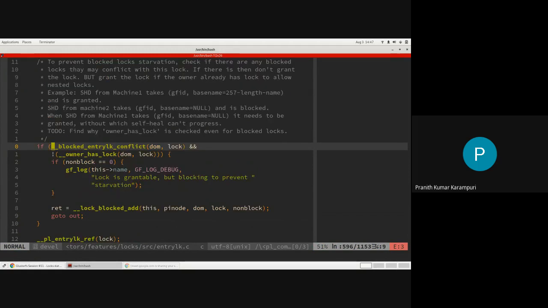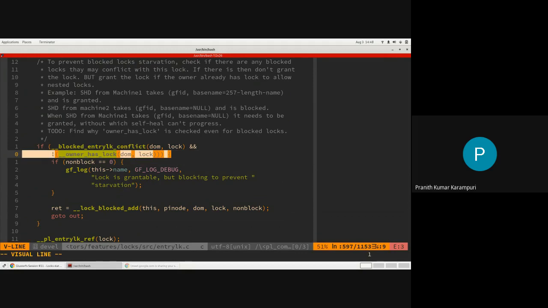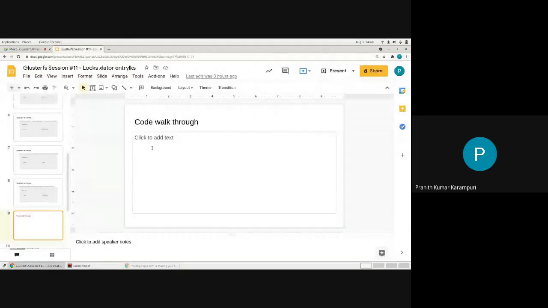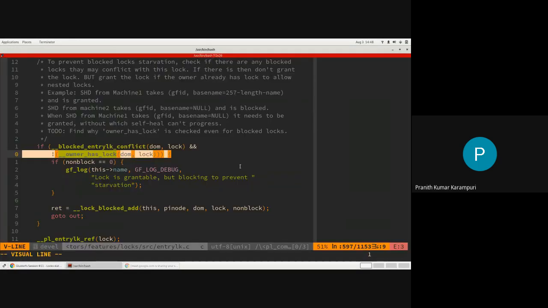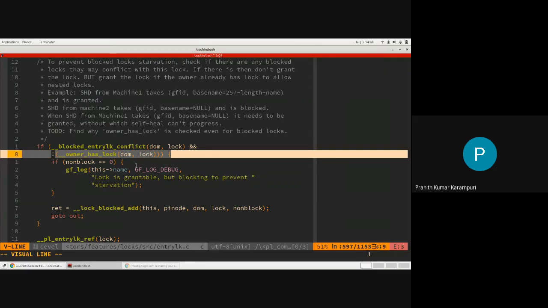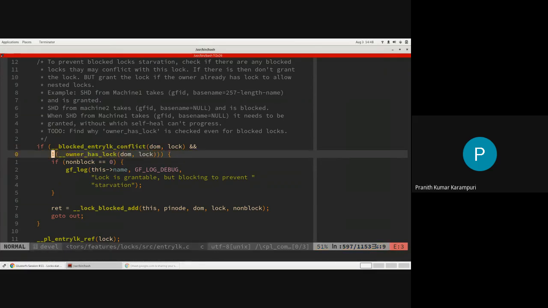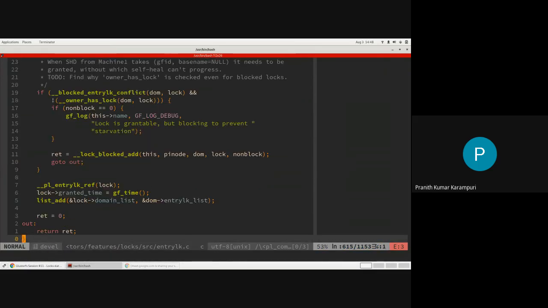Even if that is the case, then you add it to blocked locks. This is the one that refers to this check, where if the LK owner and client match, even if they are conflicting, it will grant, right? So this is the check.